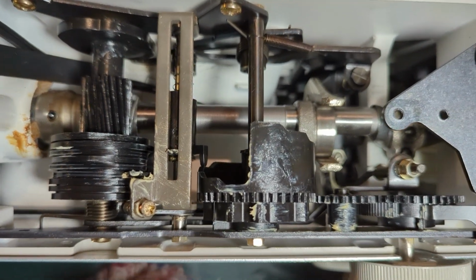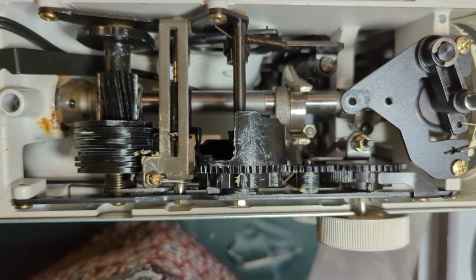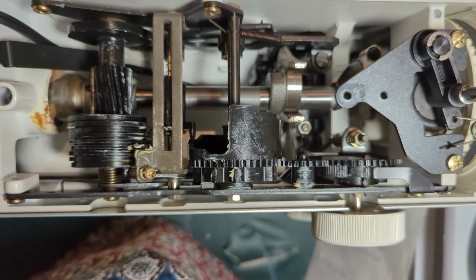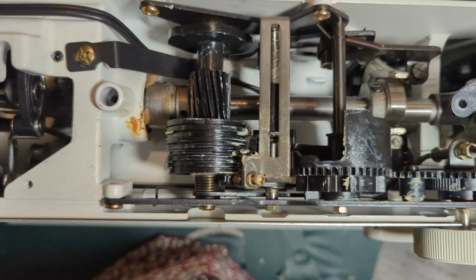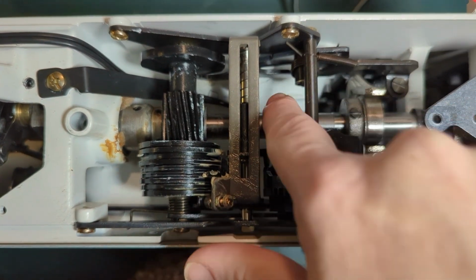It looks pretty clean. What do you think? Huh? So, it's not that bad. There might be some fuzzies. There's some fuzzies down there. But,